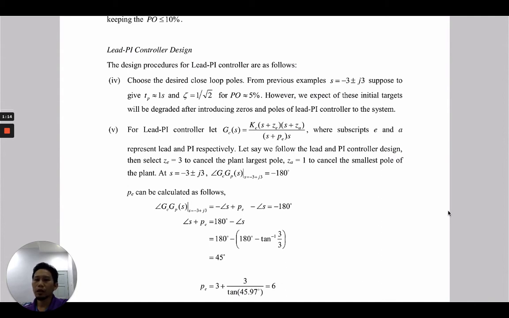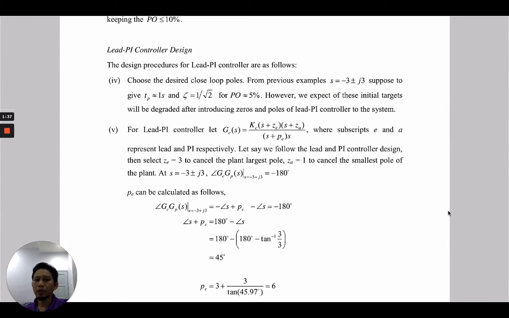And for example, we select 5% overshoot, corresponding to zeta of 1 over square root of 2, or 0.707. We expect these initial targets will be degraded after we introduce zeros and poles of the lead PI